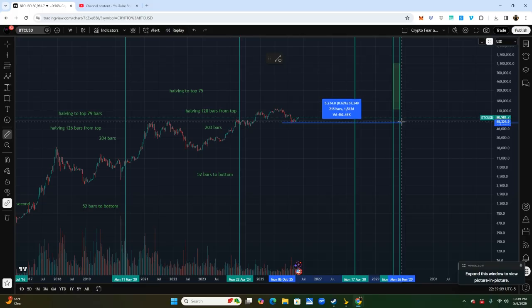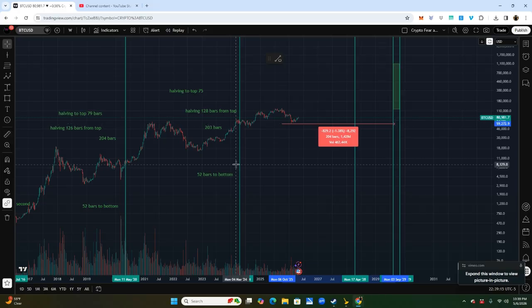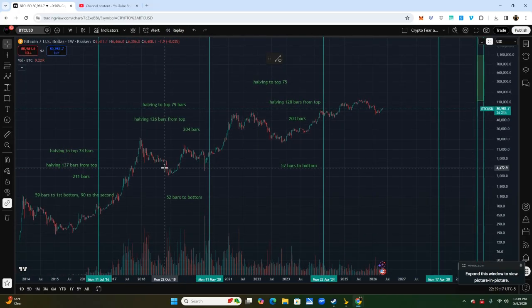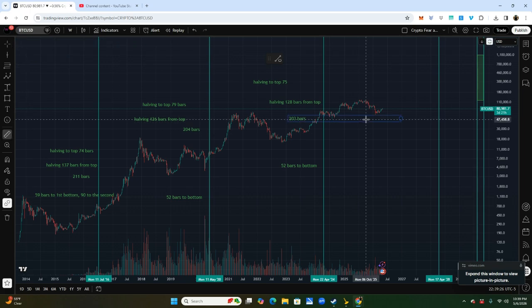Oh, 203 bars, sorry. Lands us right at September. Okay, now let's look at, we're kind of verifying everything. So 204 bars also takes us right into September. 211 bars takes us